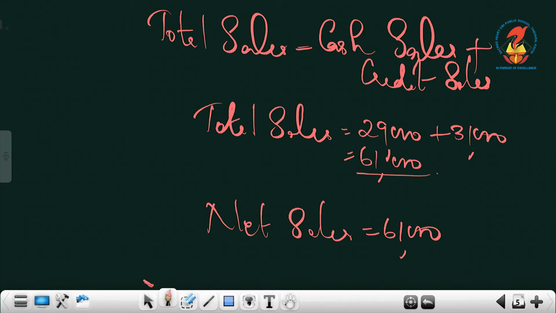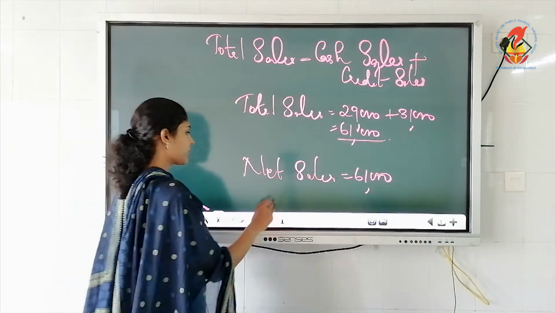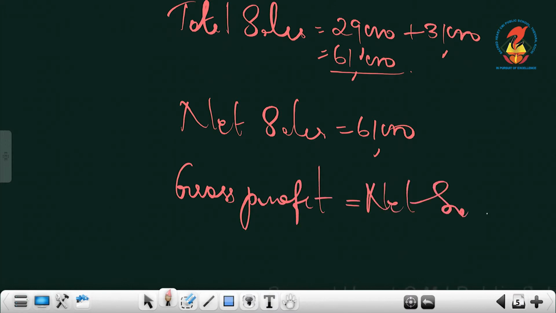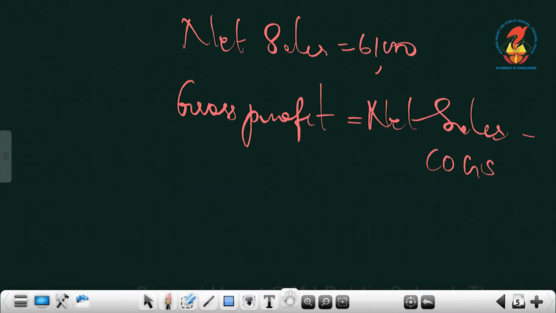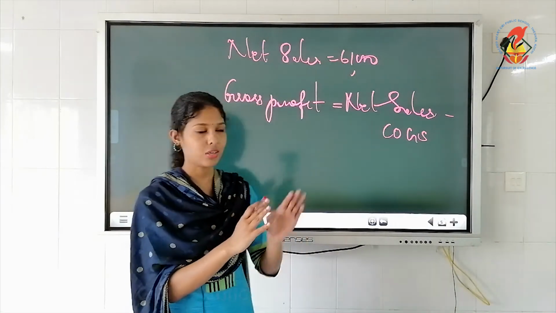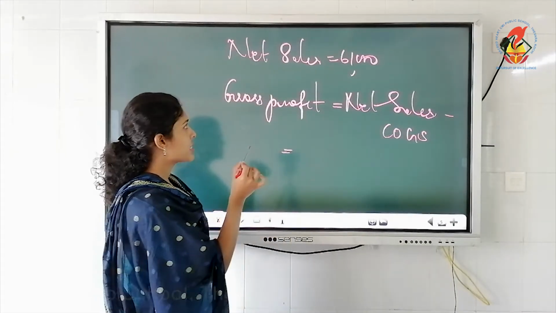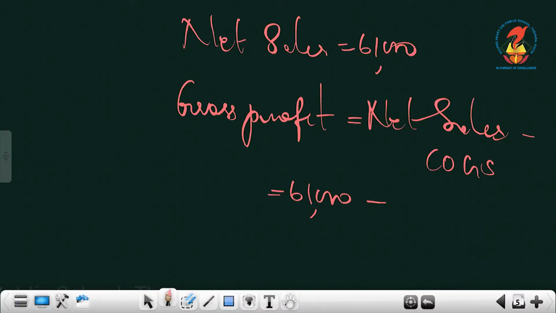Then the question is to get the gross profit. So you can just apply the formula and get the answer. No need to do the account. So gross profit is equal to, once again you can write the formula, net sales minus cost of goods sold. Okay, this is cost of goods sold. You write the entire term cost of goods sold. Don't write COGS and all. Okay. So net sales, the amount you can write 61,000 minus cost of goods sold. Here it's given the amount 52,000.